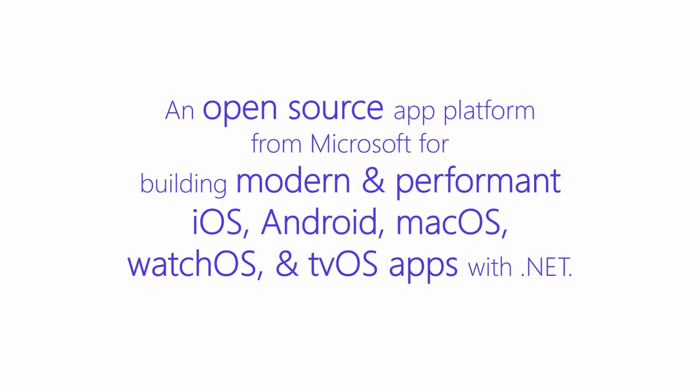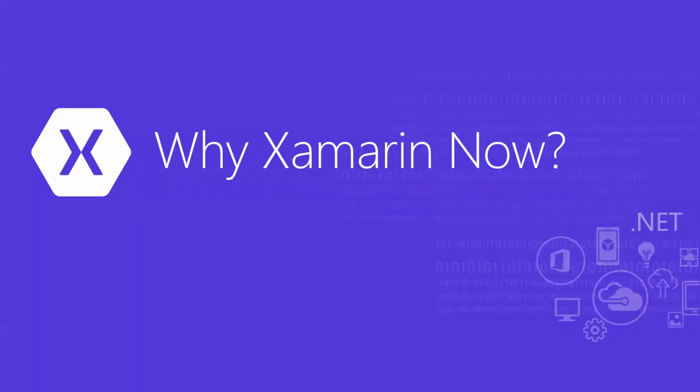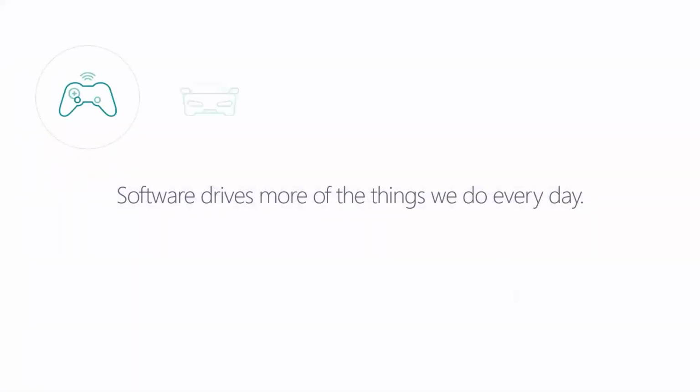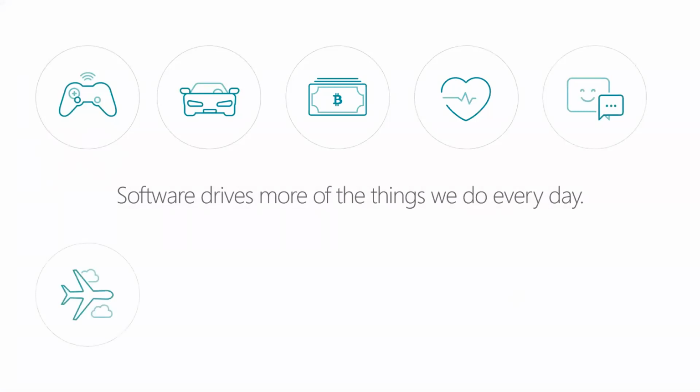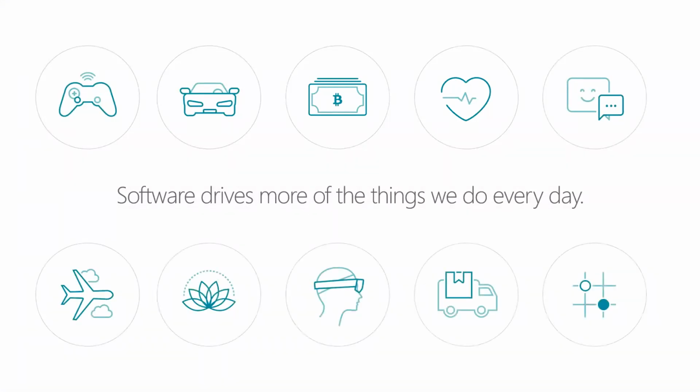So why Xamarin now? Why are apps so important? Why shouldn't you just build something for the web? Well, software is kind of a key to everything that's going on. I mean, we've seen this a lot with recent events too. When you think about contact tracing apps, when you think about things that are for communication and for delivery drivers and all those things. Web apps are good. Mobile apps are good too.